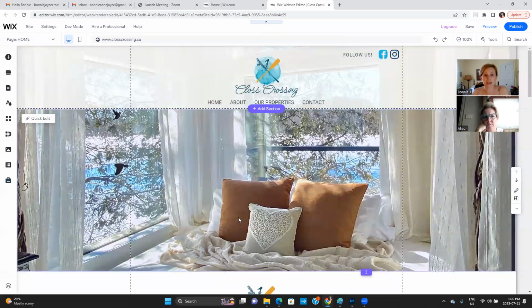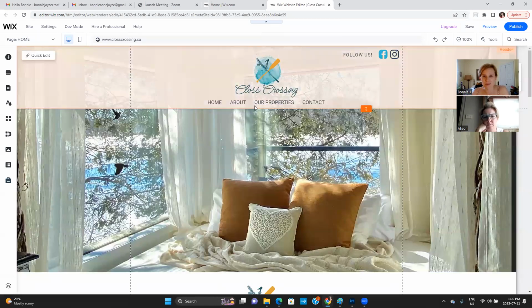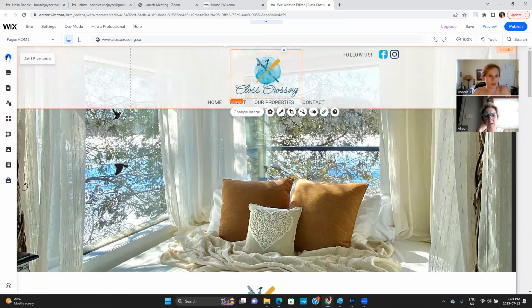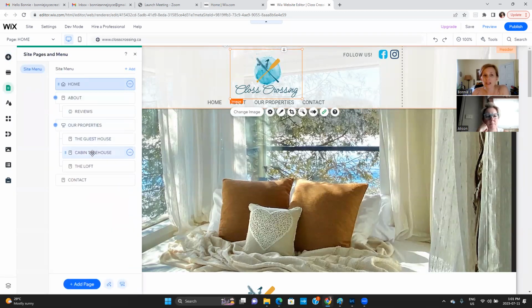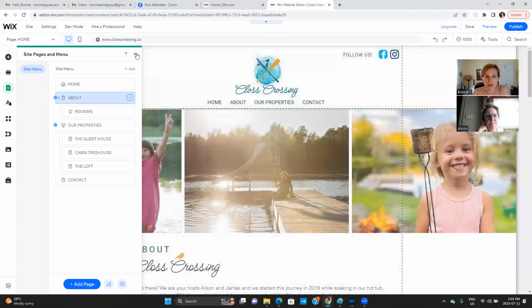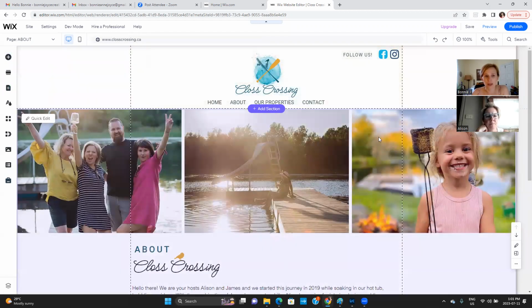This is basically just the site with everything that's clickable. The menu doesn't work because you're going to access it through here, but you can adjust everything. So I'll show you some of the things on the left-hand side. The third button down here is called Pages and Menu. This is all the pages on your site. So this is how you're going to navigate between the pages, not here, because here you would edit the way that the menu looks, but the way that you navigate between the pages is here. If you want to go to a page, you just click on it and then close this out, and then you're on that page.